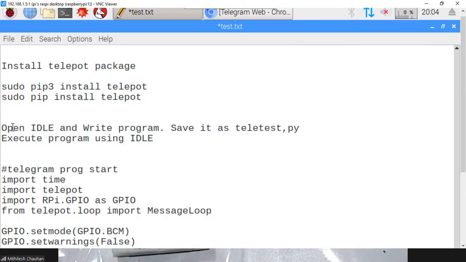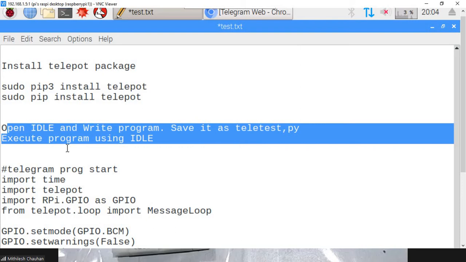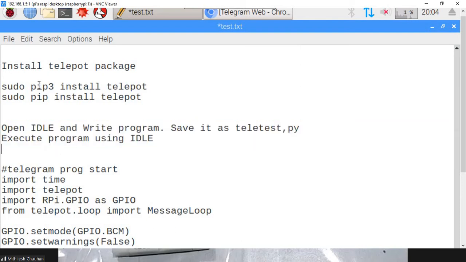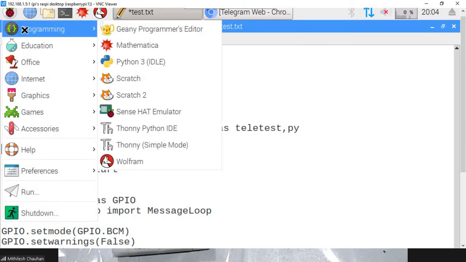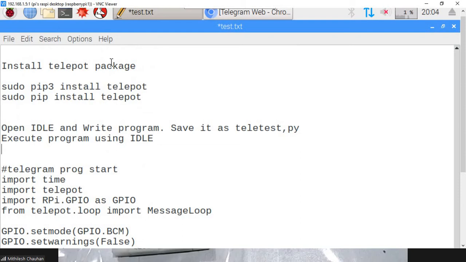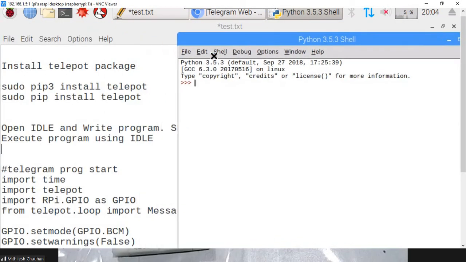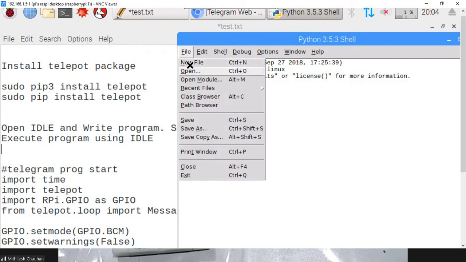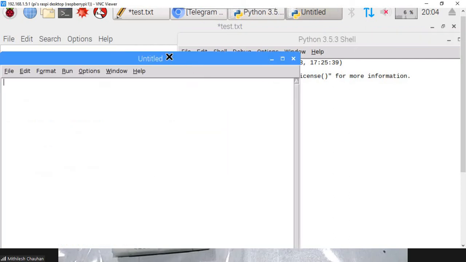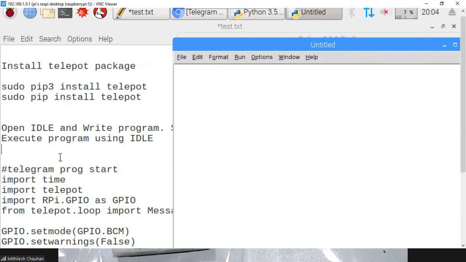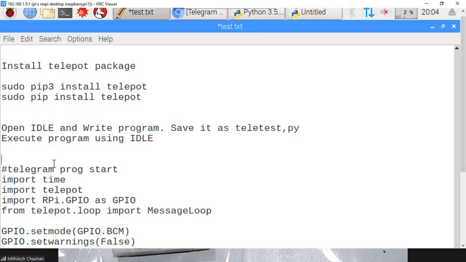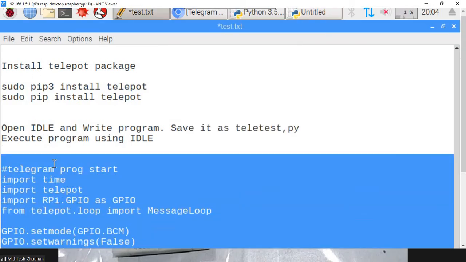Next it says we have to type our program in the IDE. So I will click on this Raspberry icon. I will click on programming, then Python 3 and IDE. Then I have to select a new file, go to file, new file, and type the program. Since I'm a busy person, I'm going to copy paste this program.